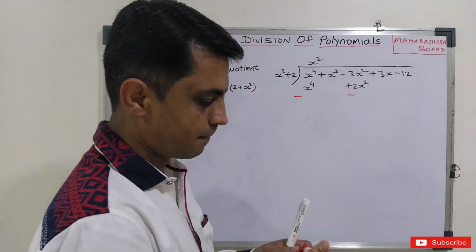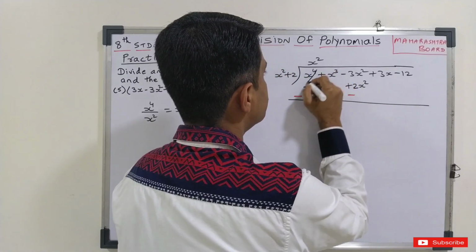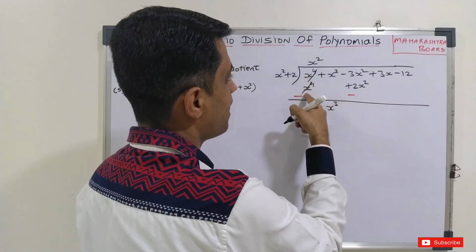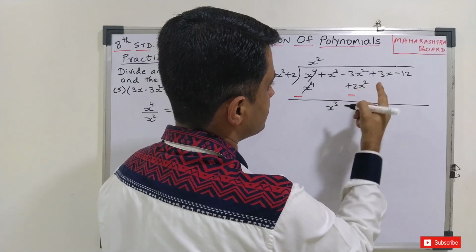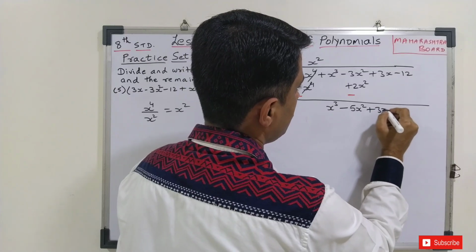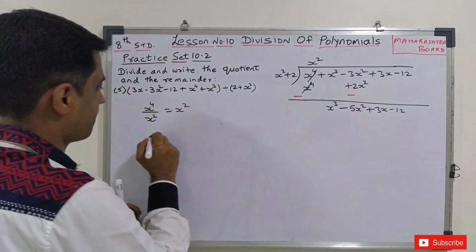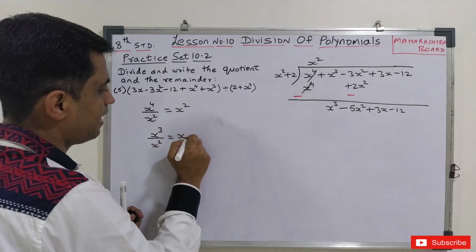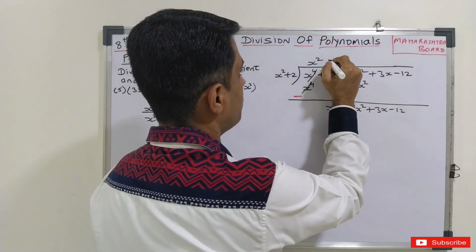Here minus. Now this will get cancelled. So what will remain here? x cube, because plus minus becomes 0. So here x cube. Now minus 3 minus 2x square is what? Minus 5x square plus 3x minus 12. Now divide this x cube by x square. What will you get here? x, 3 minus 2, 1. So you will get right here plus x.